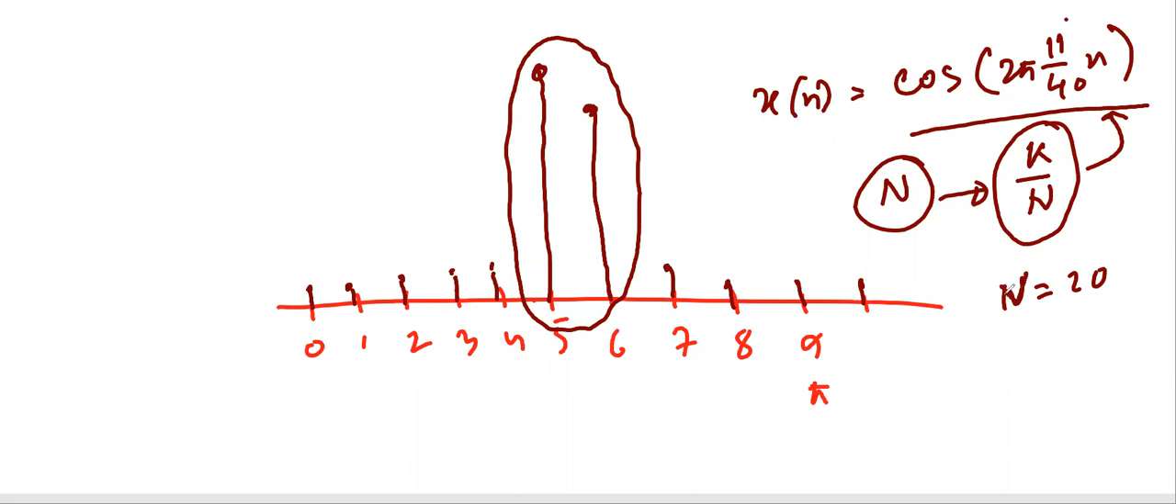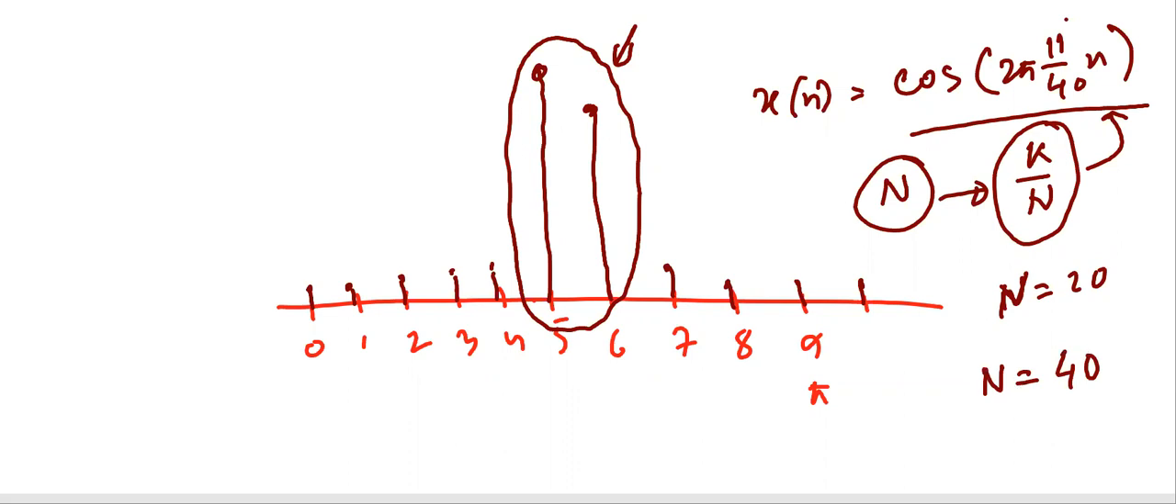Then what would be the process? How can we solve this problem? We are not getting the exact result here. So how can we solve this problem? One very simple way is that if I take N equals